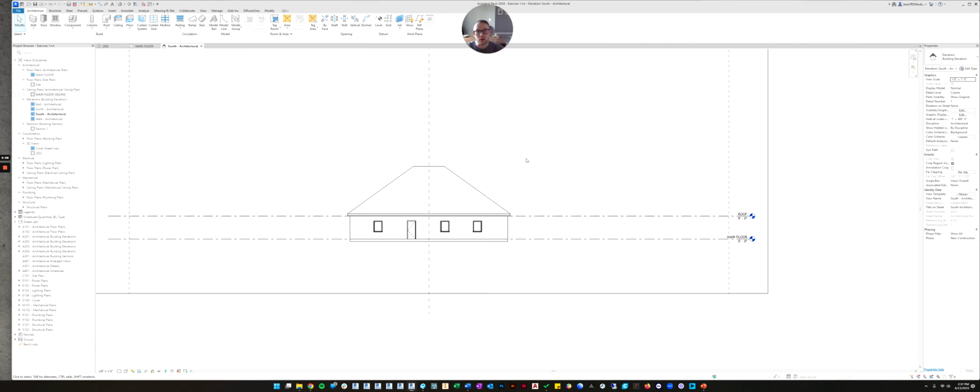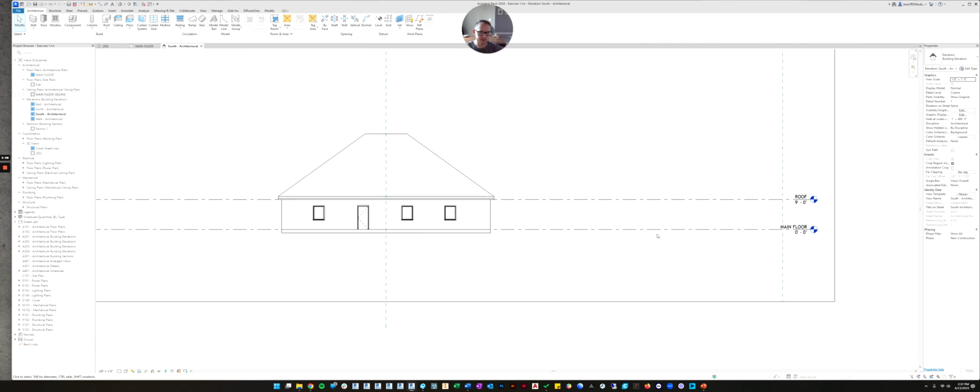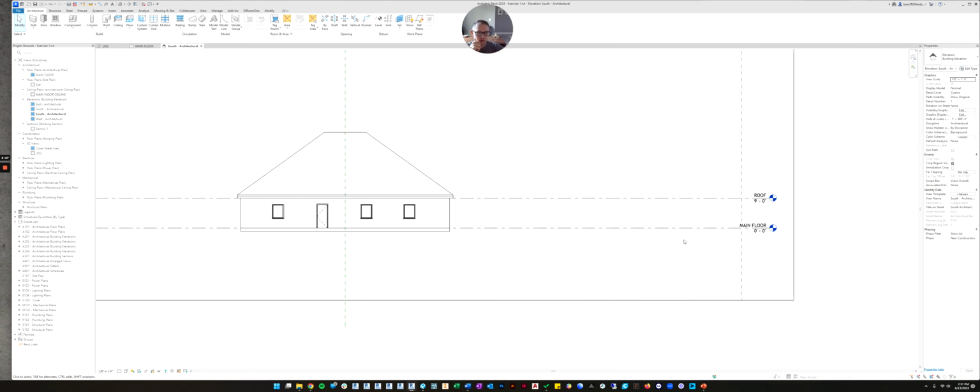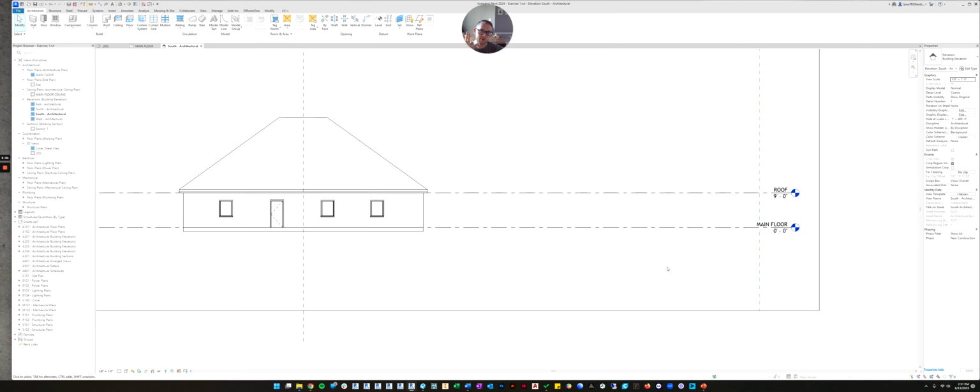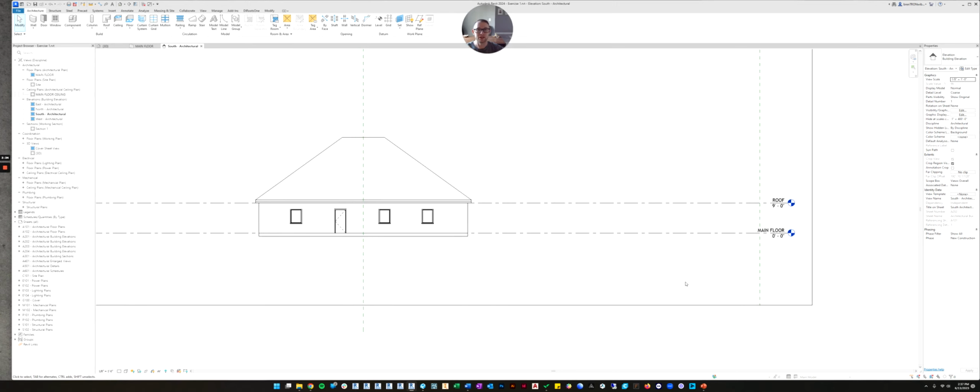All right, so what we do want for this exercise file is, let's say we want to make a basement level. So there's a couple ways of making a new view. I'm going to show you a couple ways just so that you know, and you can use whatever way is best for you. So the first way is the longest way, and I'll simply show you how to do that. Before we make the view for the basement, we need a basement level. Again, so that we can associate the view to a level.